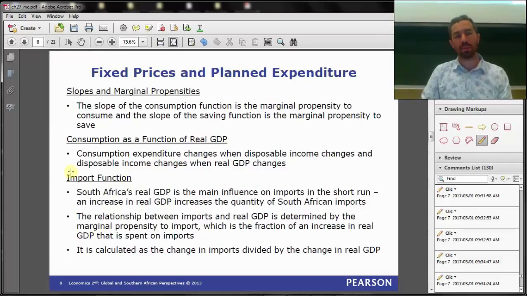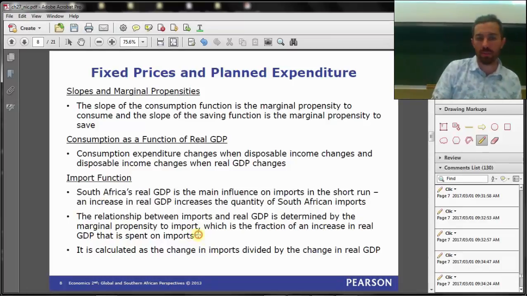We then have a statement here about the import function. I will read it, and then we will talk a little bit more about what that means. Obviously, imports are one of our components of GDP. The relationship between imports and real GDP is determined by the marginal propensity to import, which is the fraction of an increase in real GDP that is spent on imports. In other words, what is being described here is an endogenous